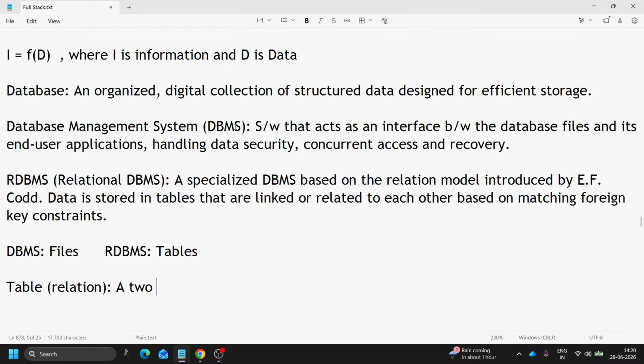But RDBMS will follow a specific structure. That structure is called tables. A table is nothing but a two-dimensional grid of related data. Related is a very important word, because if I say student, only student-related data will be saved. If I take patient, only patient-related data will be saved. So, related data entries